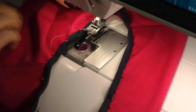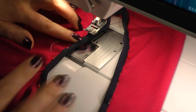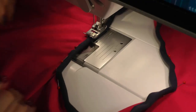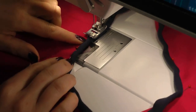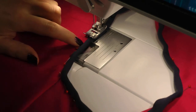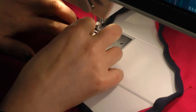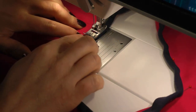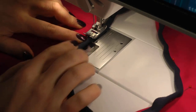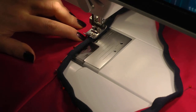because this is how it's supposed to look, that you don't see any stitches, unless you want to have a row of top stitching or things like that. I think you should avoid starting exactly at the center back, because there is a little bit of bulk there, and the idea is to go slowly, find your seam, find the right place where you need to guide your flange, and then everything is going to be okay. You can even start by making a few turns with your hand,